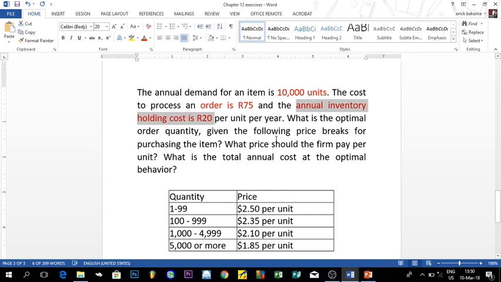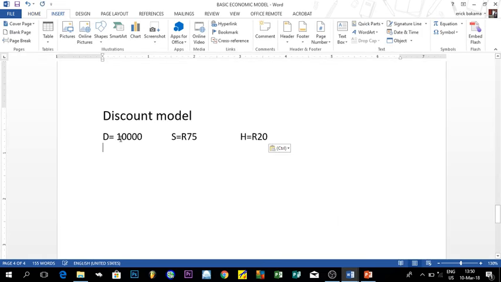Now, the difference with this exercise is generally about only knowing the Q that you need to find, and then you're going to decide about the interval that you're going to use. So they hardly ask you what it is. The total cost actually is included, but they hardly ask you things like the number of orders that you need to make per year, even though you can find it. So in this case, we already got our D, that is equal to 10,000. After the D, we have the ordering cost or the setup cost that is equal to 75 rand. And after that we have the holding cost that is equal to 20 rand, like this. So these are the main information for this part. I'm going to put them here, and then after